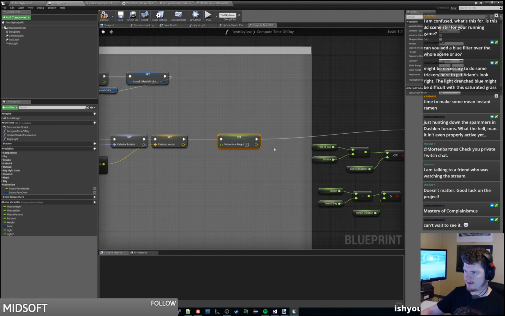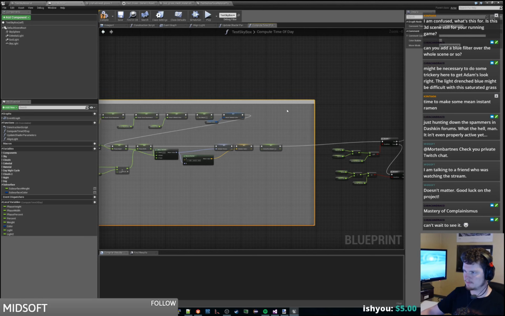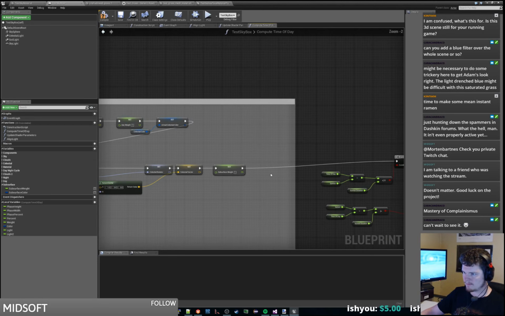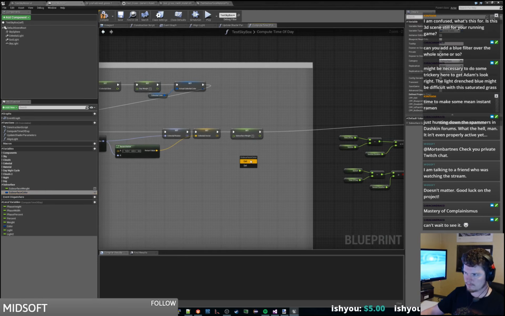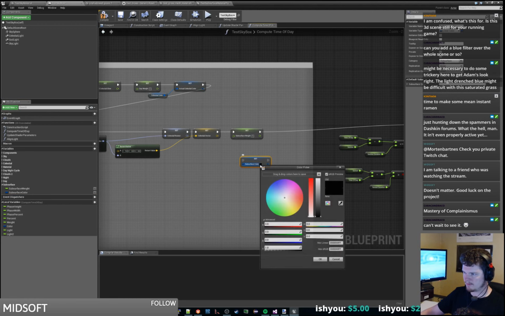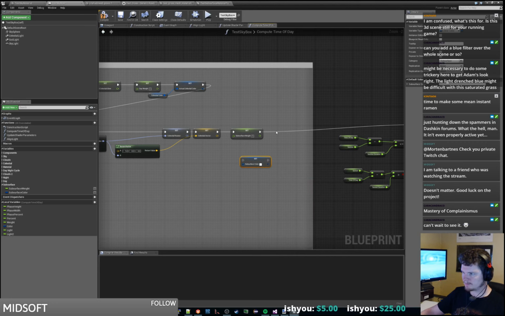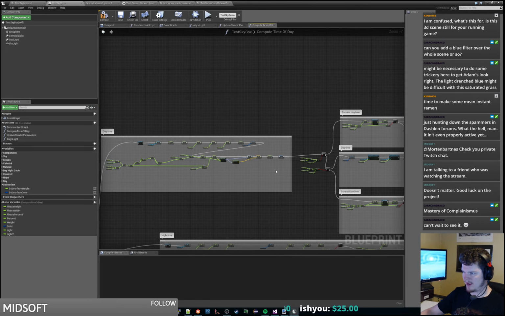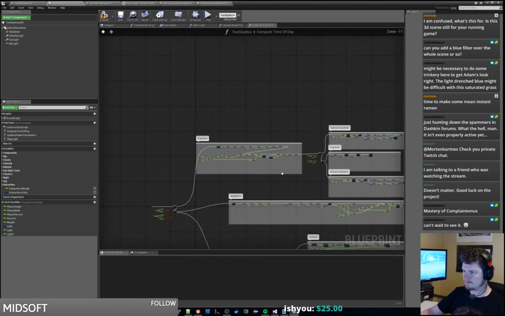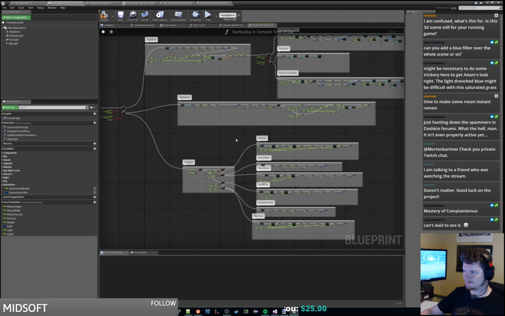And the subsurface color itself we'll set to white. So during the day it'll be like that. As soon as it's nighttime,